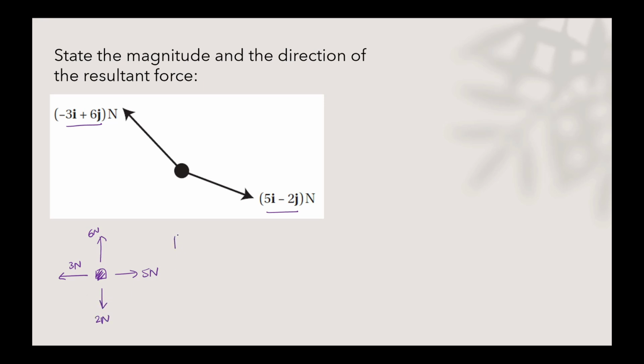Now in terms of the resultant, looking at the horizontal motion, that's going to give me 2 to the right, and it's going to go 4 up. So in terms of vector notation, it's going to be 2i plus 4j. So that's going to be heading, if we imagine our horizontal line, somewhere in the region of